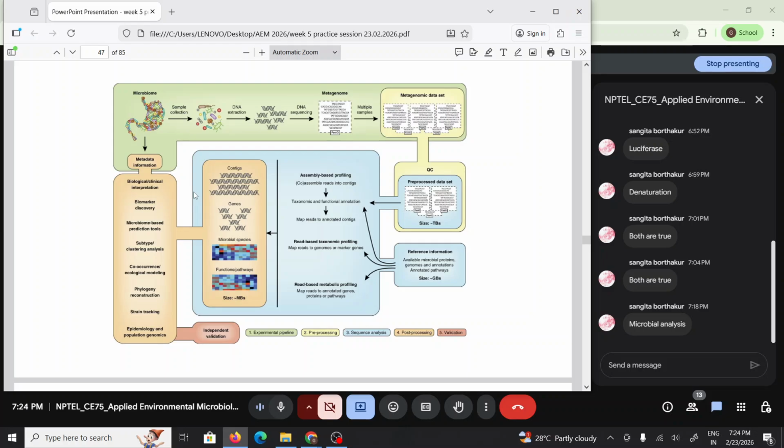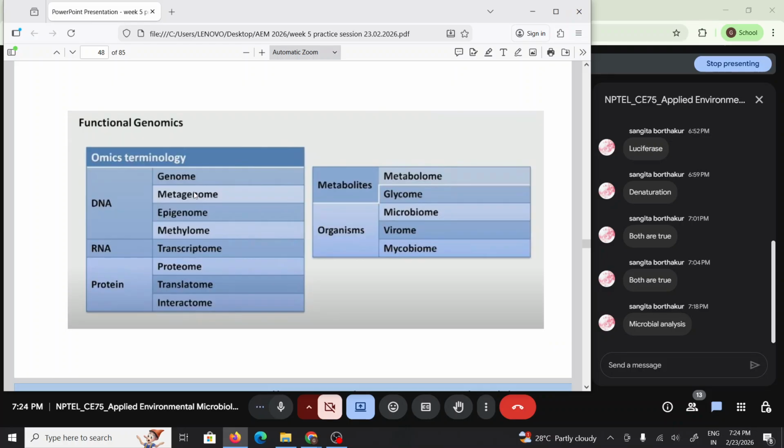So in genomics, what you have is the microbiome. You collect the sample, extract the DNA, and send it for sequencing, but all the DNA that is present in the sample is being sequenced. So the data that you get out of it is the metagenome. So in DNA, you can